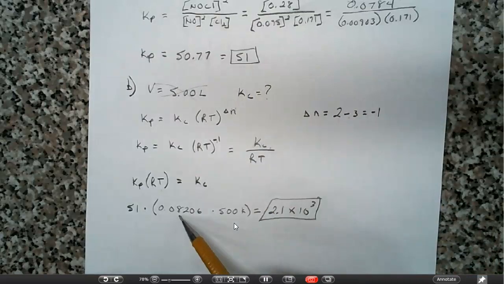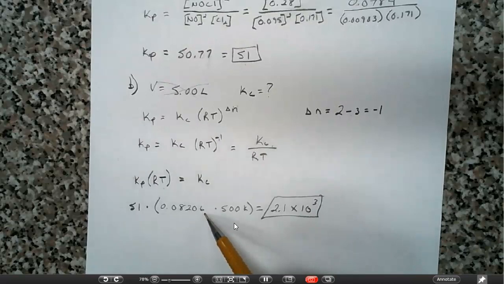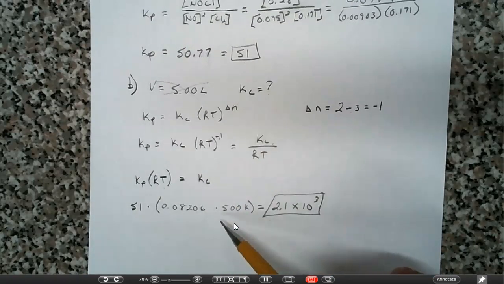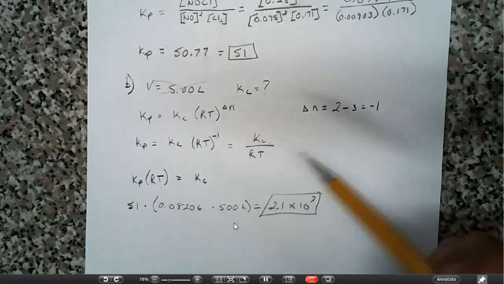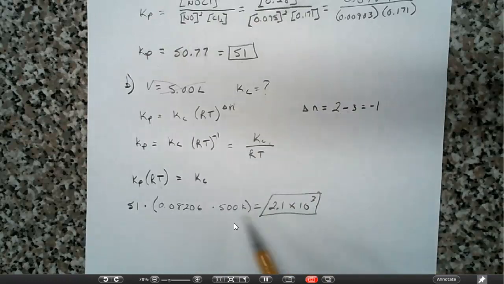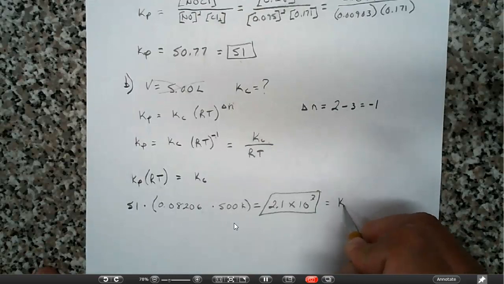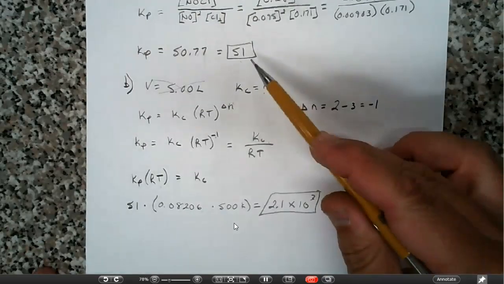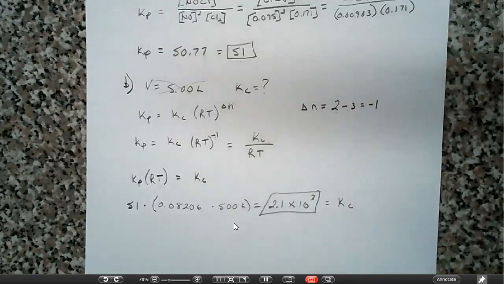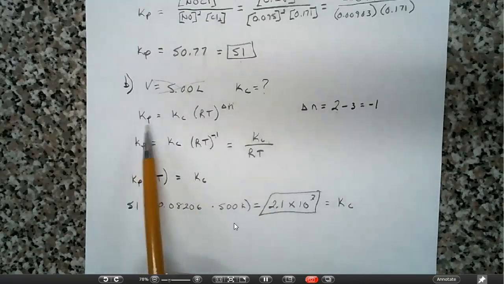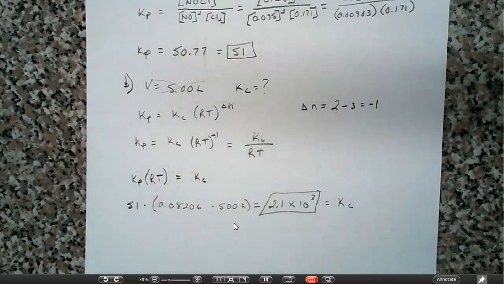Here's my R value, 0.08206. Remember, I'm using atmospheres, liters, and I have everything else in moles and Kelvin, and this will actually cancel out with it. And I'm left with a unitless Kp value. That's what this becomes. This is my Kc value from my Kp. It's 2.1 times 10 to the -3. So that's just a quick little rundown. They're not tremendously difficult, but again, it's just a little relationship between concentrations and partial pressures, solved both ways